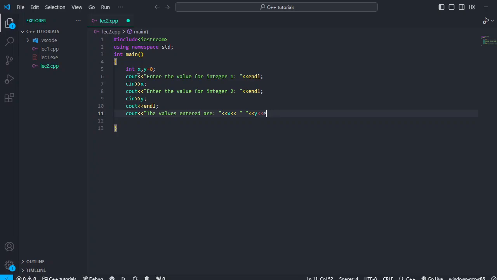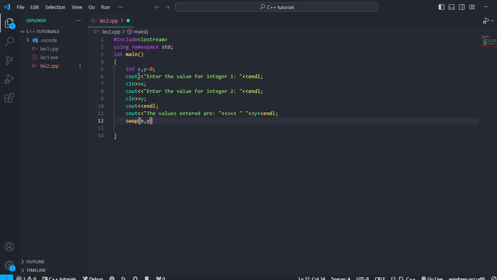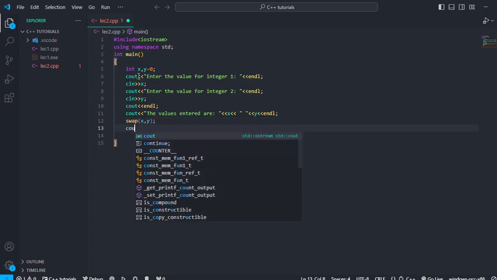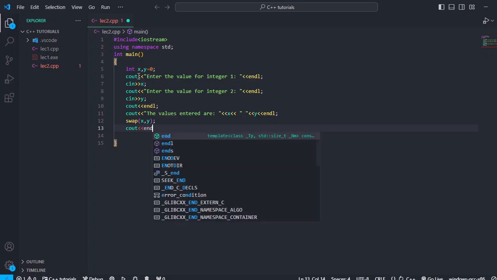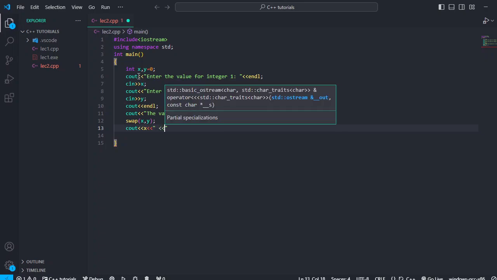And now I'm going to highlight what the function really does: when I write swap x comma y, and now when I cout x and cout y,